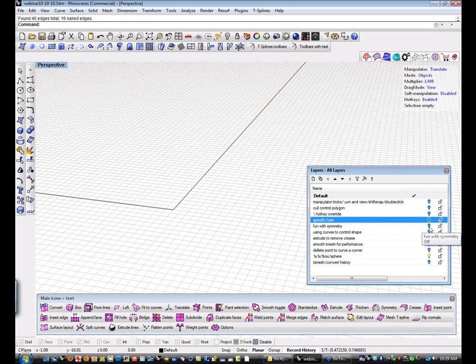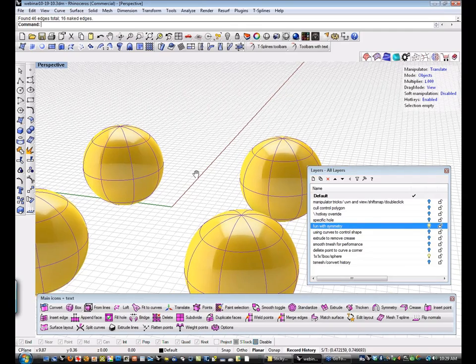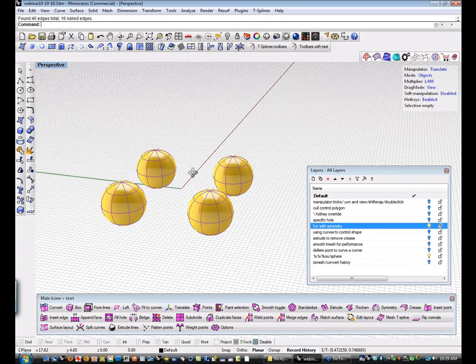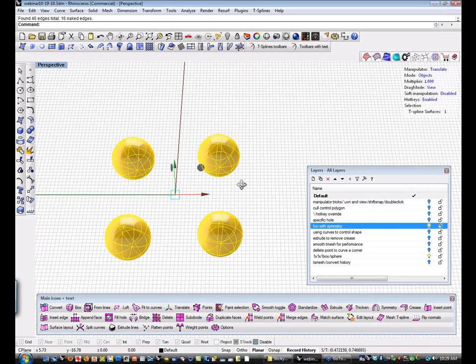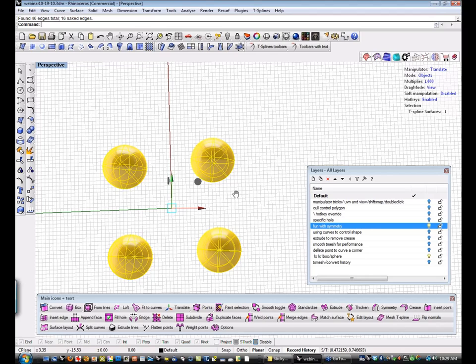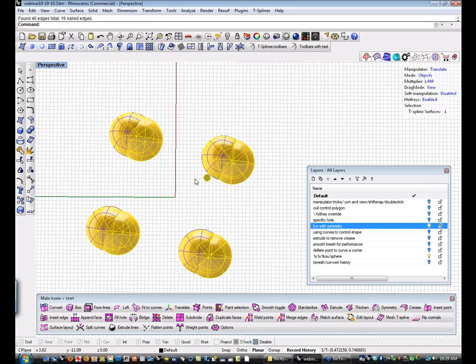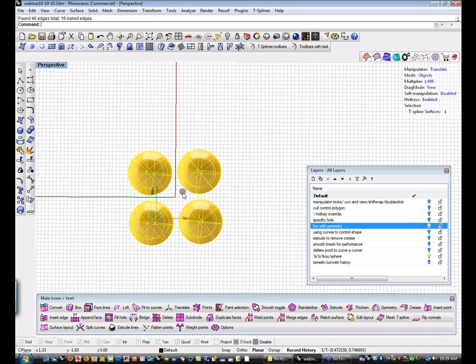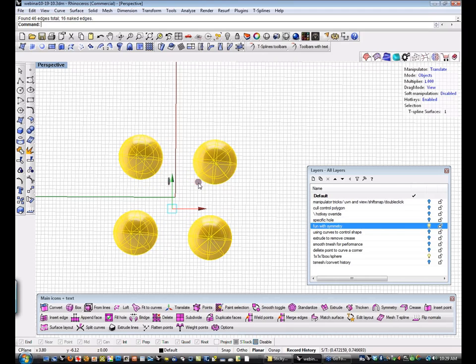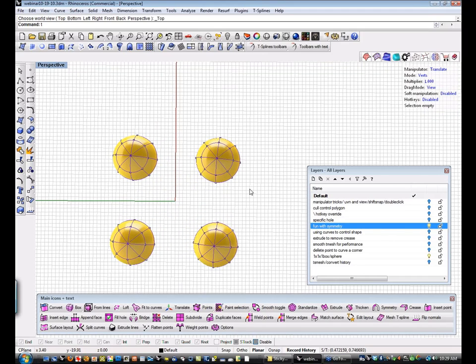The next thing I want to show you is some tricks with symmetry. And in this case, I took a single sphere, in this case this one, and I applied radial symmetry to it with 4 sections. And the cool thing about this is, as I move this guy, you'll notice that it affects all the others, which also, if I turn my points on and I go to my top view,